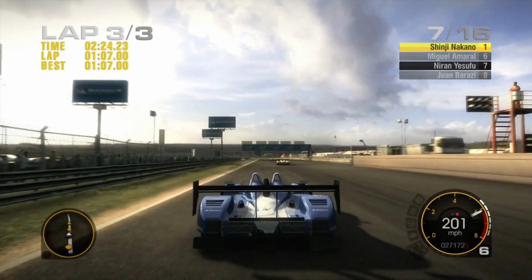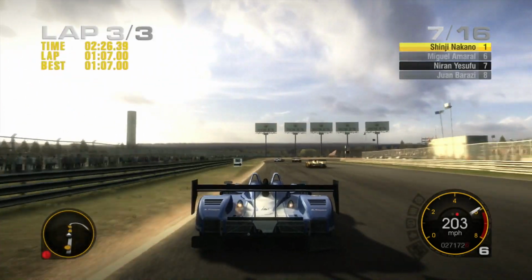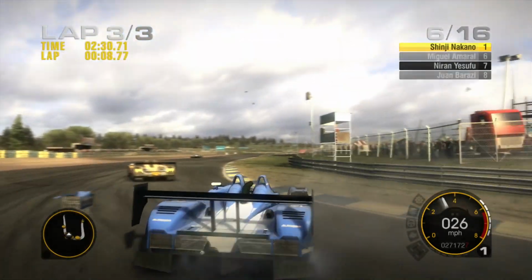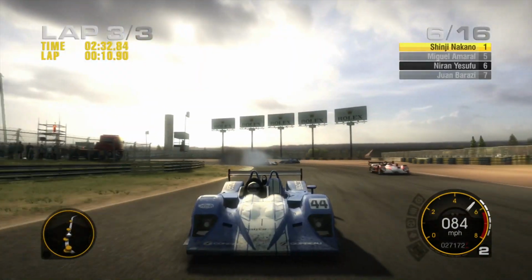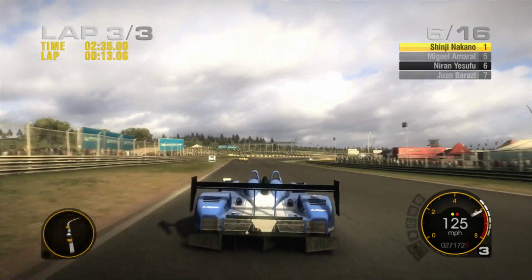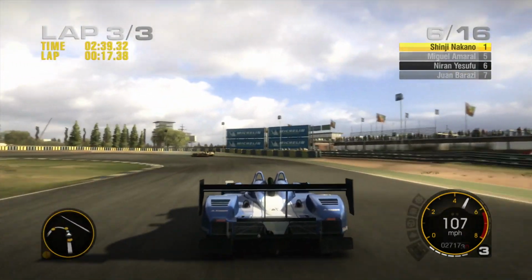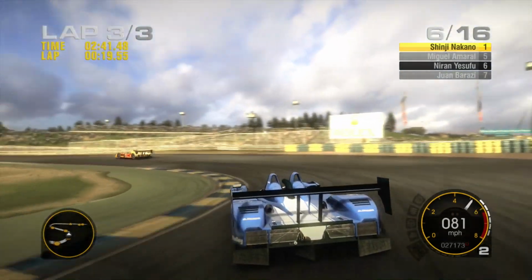Getting up to Craven, I think, could be a difficult task, to be honest with you, as we brake heavily into turn 1. Craven spins, though, we hit the back of Amaral. And I said it would be difficult unless Craven spun off, and he's done exactly that. Now that has really just gifted us the championship, to be quite honest with you, which is such a shame